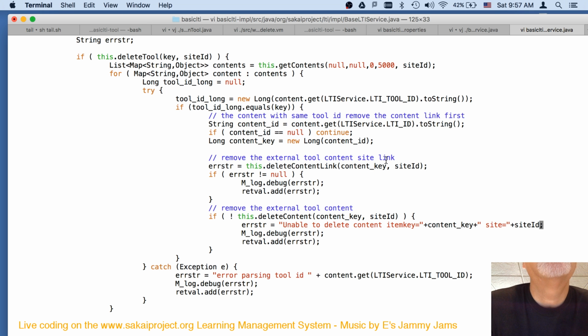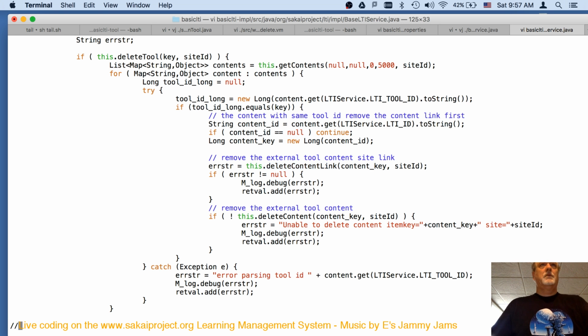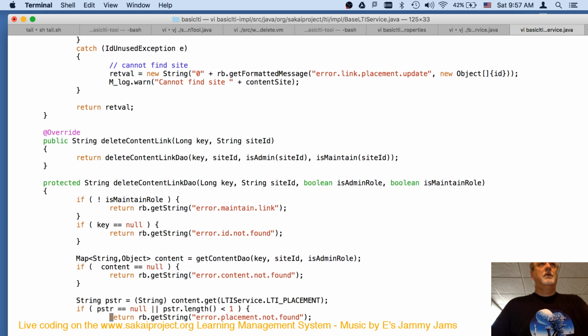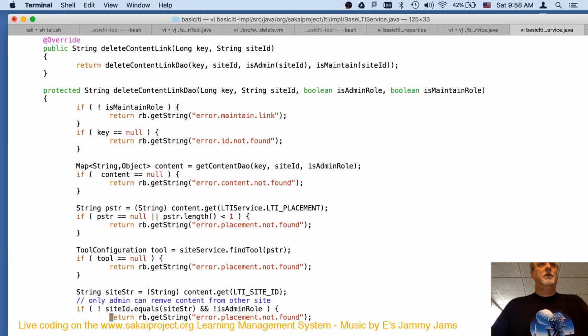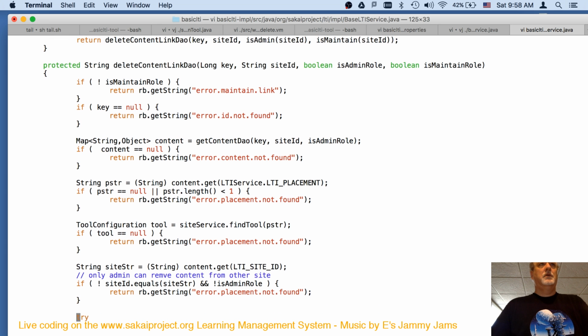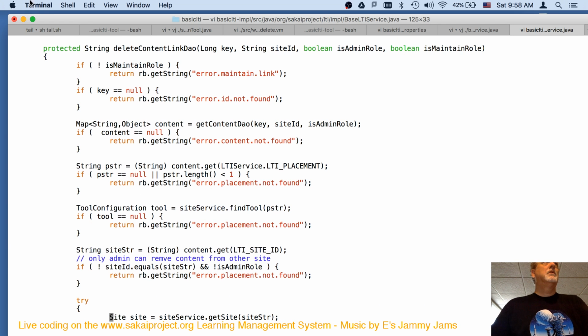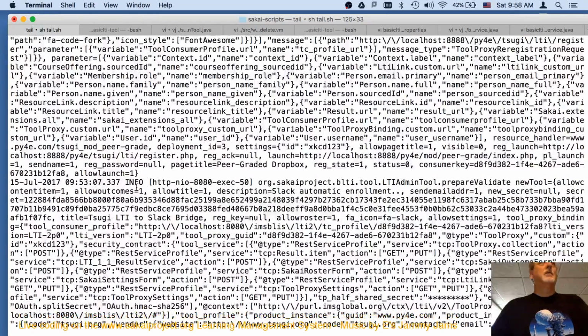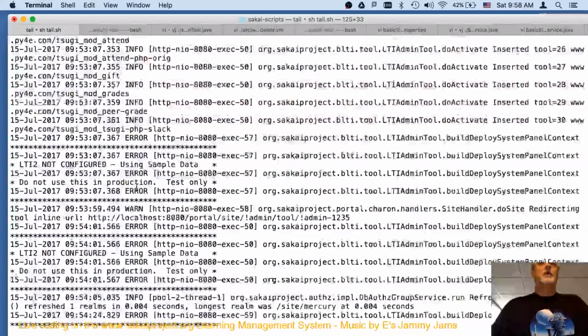Delete content link. Delete content link. Let's take a look at that code there. Delete content. Content link. That's the install.